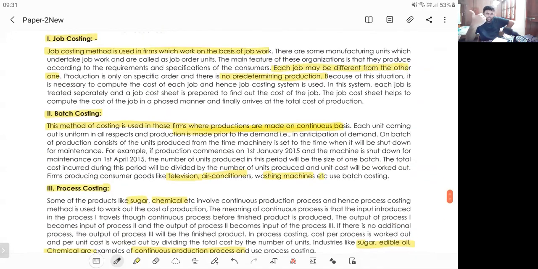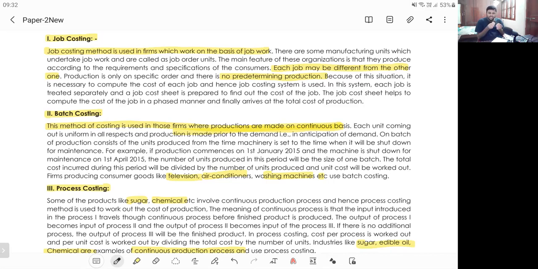First, job costing. Job costing is used for a special work. Say, for example, you want a special piece of furniture to be designed in your home. In this case, what will you do, my dear friends? You will go to the carpenter and tell him, carpenter, this is the type of furniture I am thinking of. Or you will go to an interior designer and give them a special job to perform the work. Such types of things are called job costing.